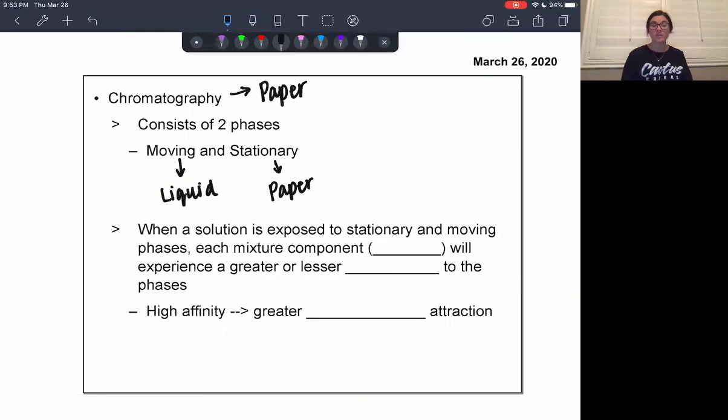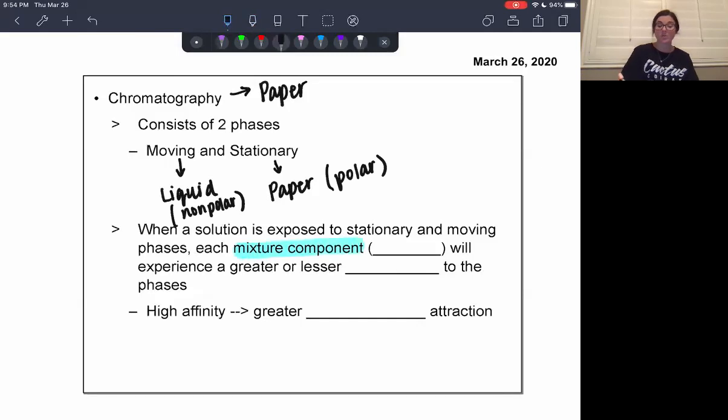Now, normally, you're going to see a difference in intermolecular forces between your moving and your stationary phases. Now, paper is polar, which would mean that ideally for paper chromatography, the liquid, the moving phase, would be nonpolar, so that you can see a difference in intermolecular forces. So when a solution is exposed to a stationary and a moving phase, each component of that mixture, so when I'm talking about mixture component,